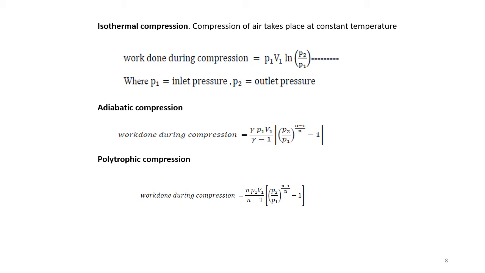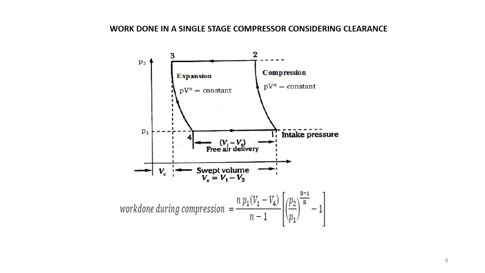So these are formulas which you already studied for isothermal compression. Work done is equal to P1 V1 ln of P2 upon P1. P2 is the delivery pressure, P1 and V1 are the inlet pressure and volume. For the adiabatic process,